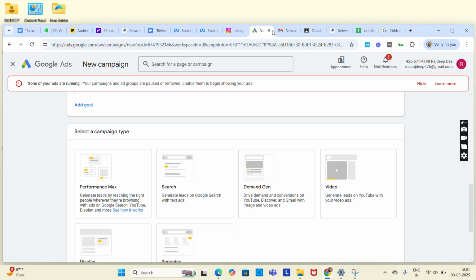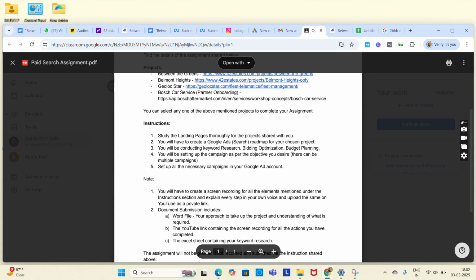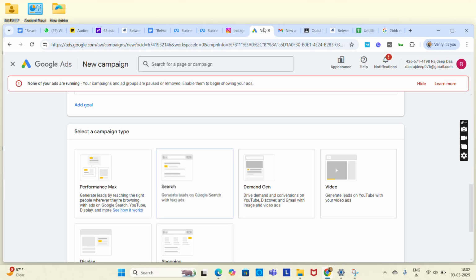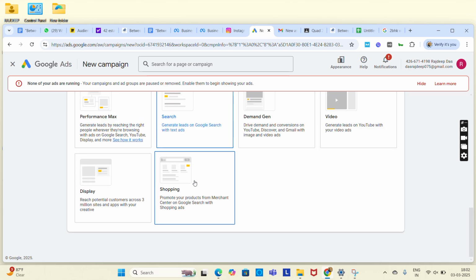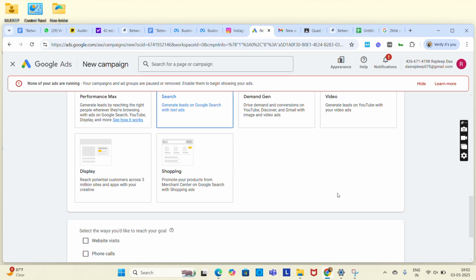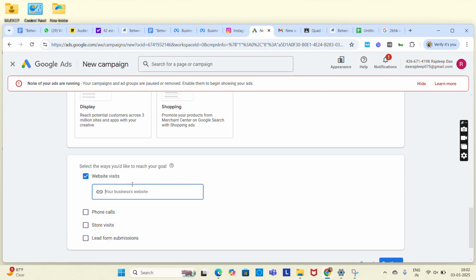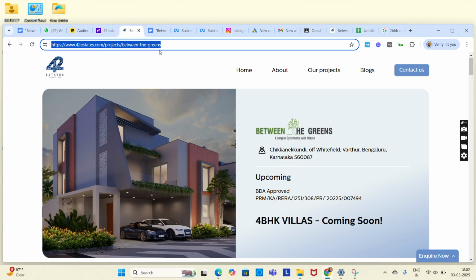As per the assignment, we need to create a Google ad search campaign. So we will choose Google search campaign over here and we will choose website visits